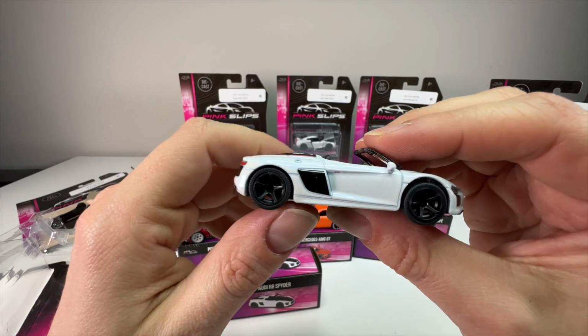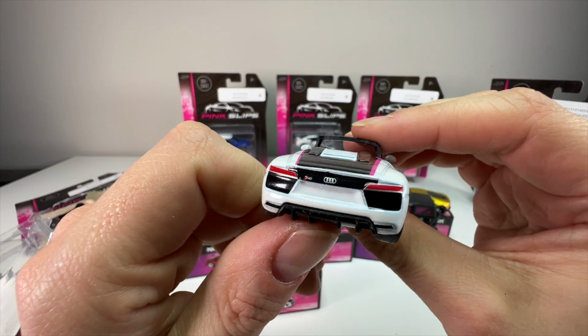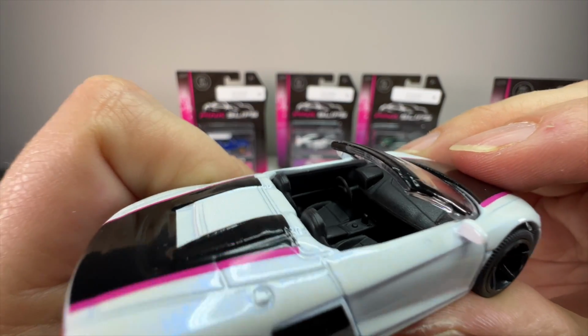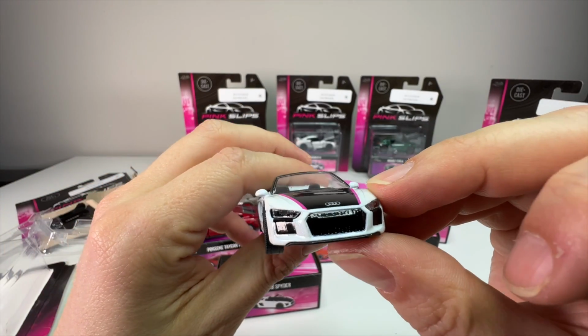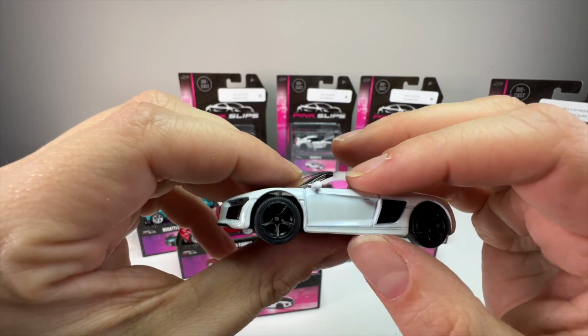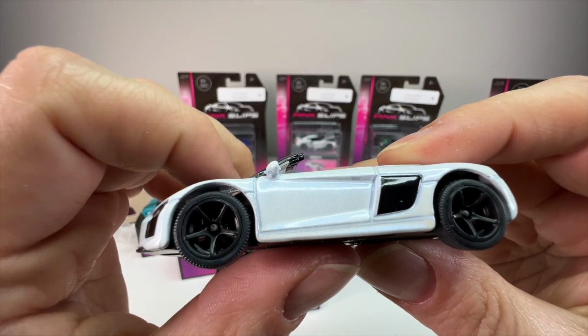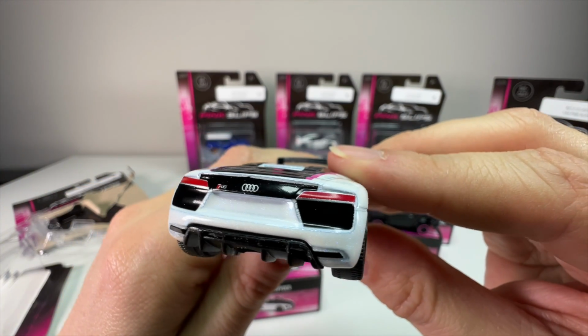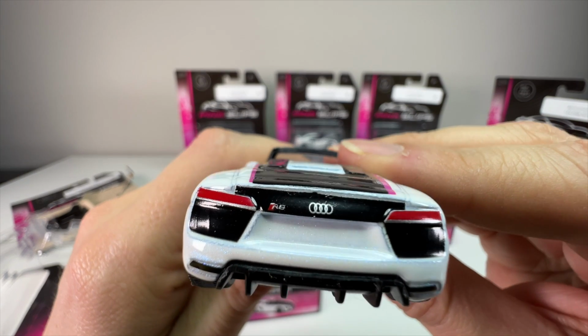Okay, so some of them don't have moving parts. For some reason, I thought they all did, but this casting still looks good. I'm not mad that it doesn't have a moving part. I guess it doesn't really need one because the convertible top is down. I expected maybe the doors to open, but they definitely don't. You can see they're molded in there. So that's a little bit of a bummer after the rest have had mostly moving parts, but you can see